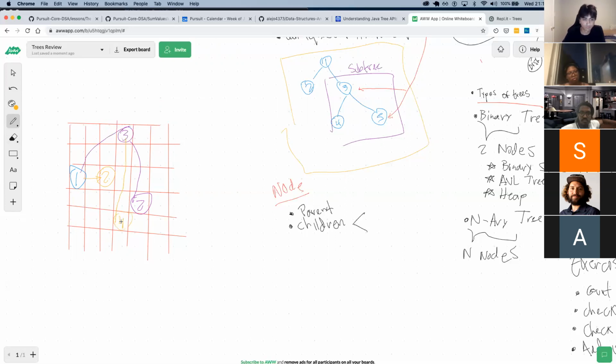This is 4. So in memory, this data is stored in random places, and what happens is that they're connected, because if I have access to this node, I can get to any of the other ones, because this node has a pointer to some other place in memory.